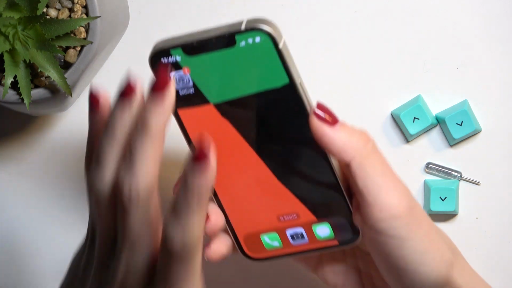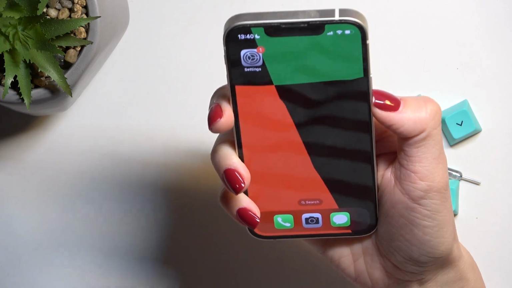So if you have double tap active, smoothly by tapping, you can use this card. Not this one, but